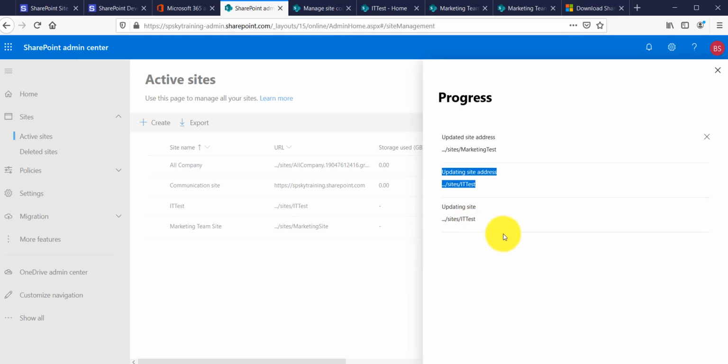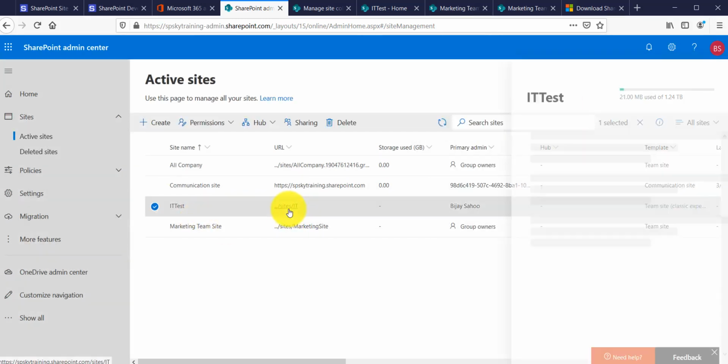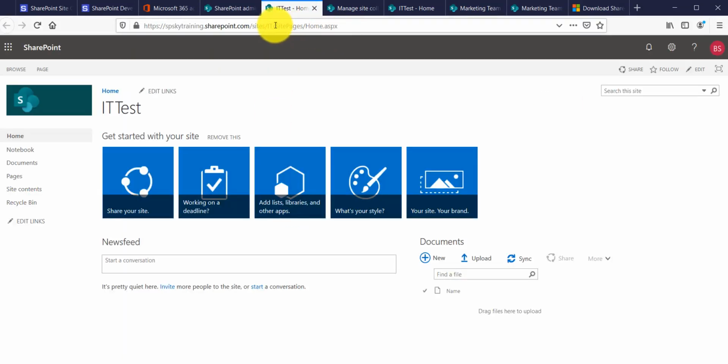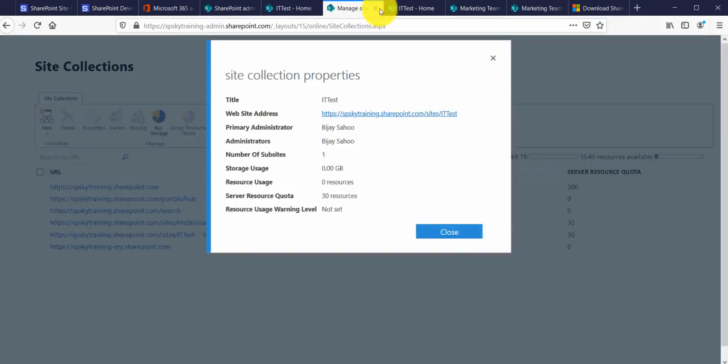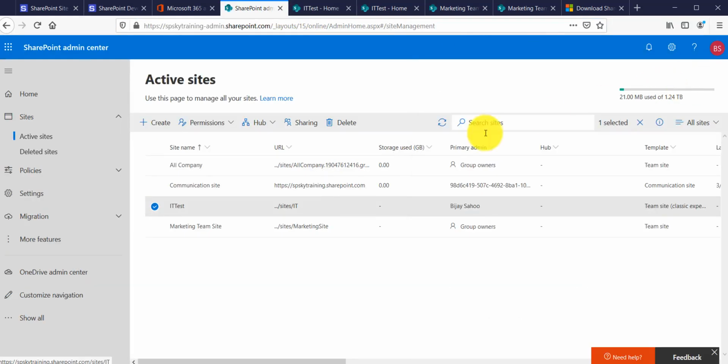So it will take some time, and you can see here, still it is... Okay, I think it's done now. You can see here now it is done almost. So if I click on that, now you can see here the URL is IT. And if I go to my IT test site, I will just hit refresh. Now you can see here it redirected me to the IT site. So PowerShell took a little less time compared to the browser, but this is how, with two different ways, we can change